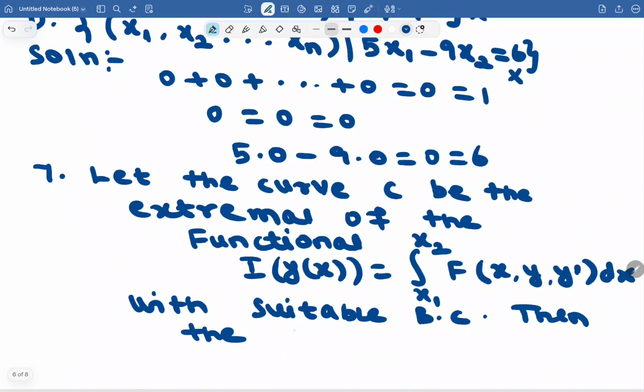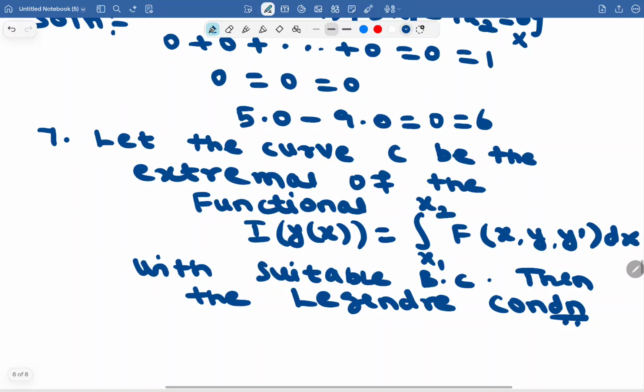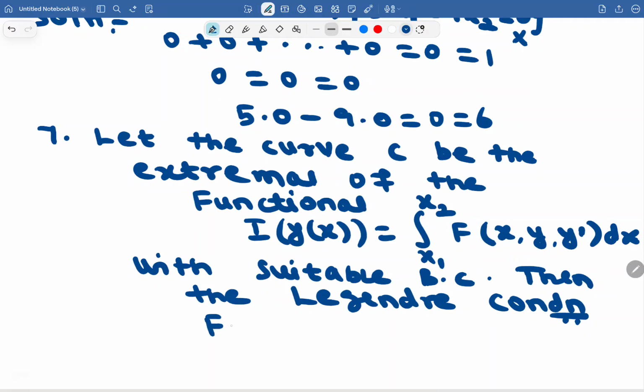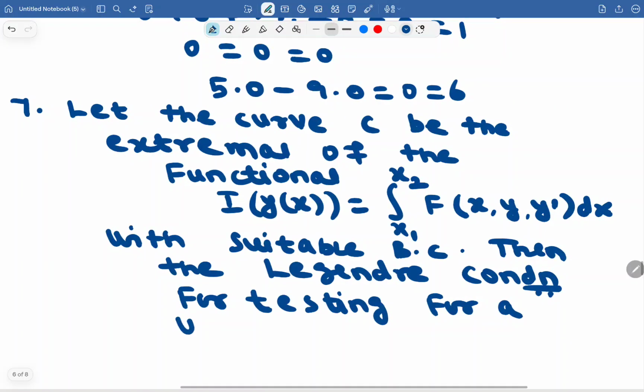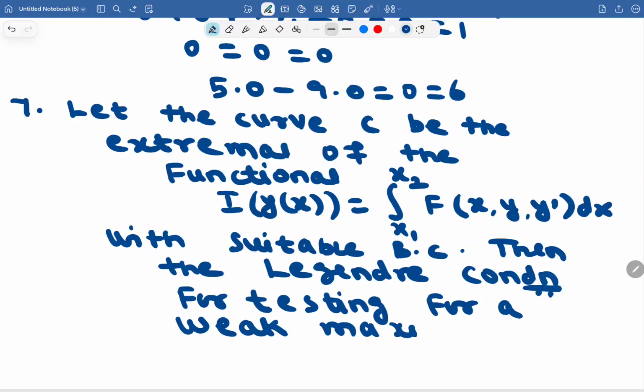Then the Legendre condition for testing a weak maximum is